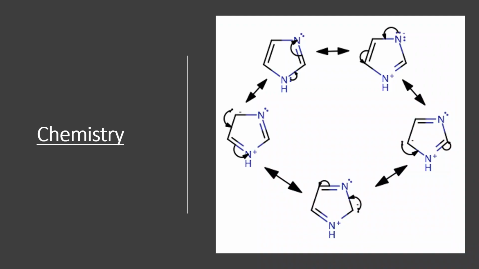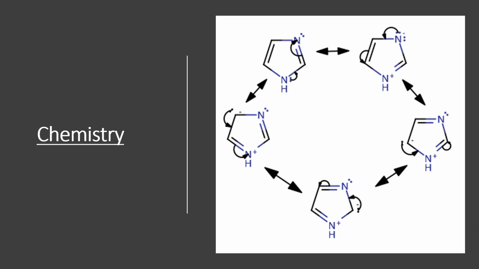So this is the resonance structure, very important. This is the resonance structure of your imidazole. This comes for 2 marks in your exam. You have to see how the bonds are moving. If you see the nitrogen on the topmost left, first the lone pair from your saturated nitrogen comes into the ring.